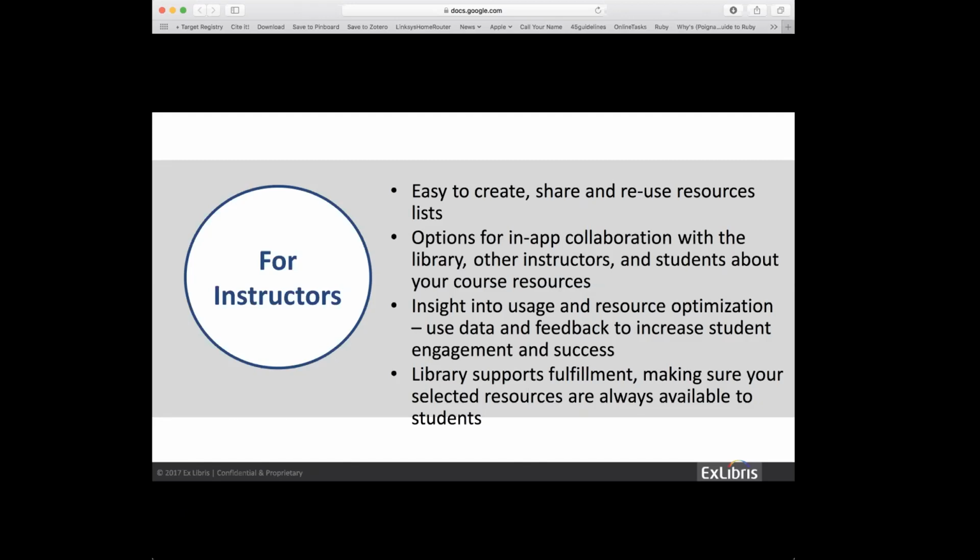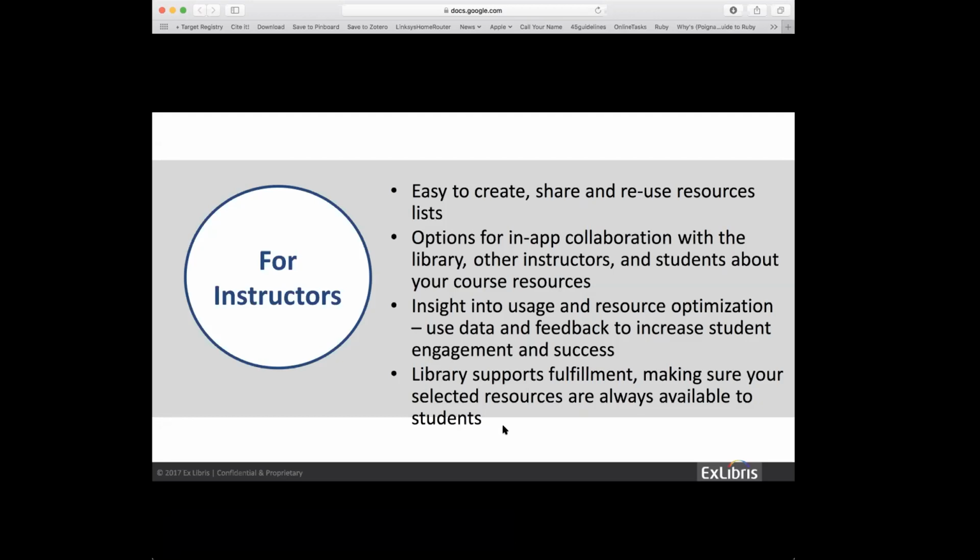It gives you usage information. With that, it actually shows you what students are actually reading. So if there's an article that students haven't found particularly engaging, you'll see that in the analytics. You'll know, oh, I should replace that with something that's much more interesting and much more relevant to what they're learning. And like I said, the library provides support for Leganto,